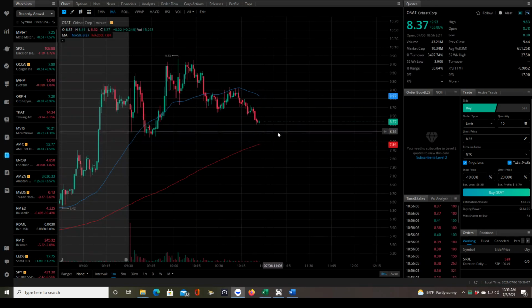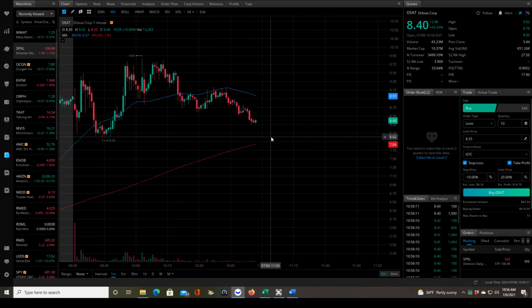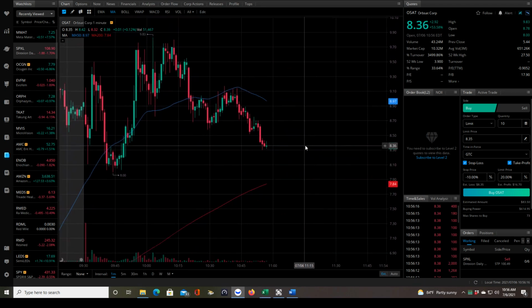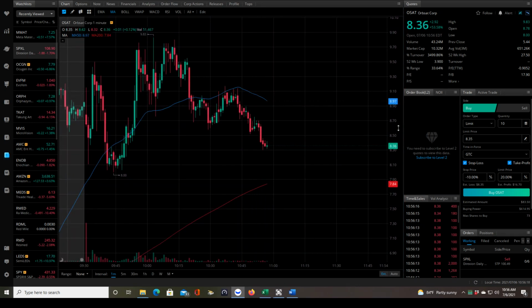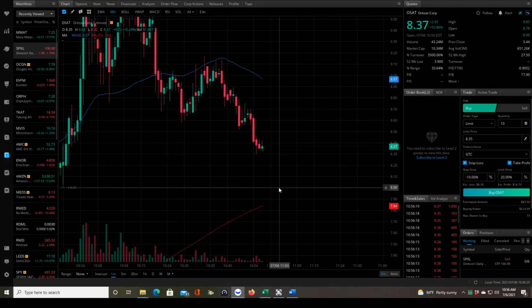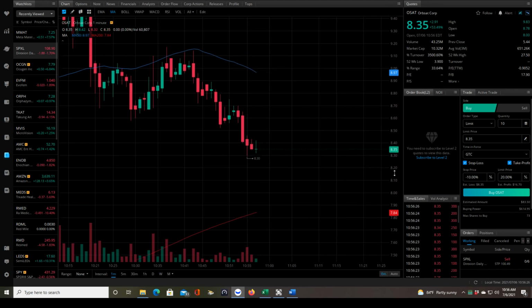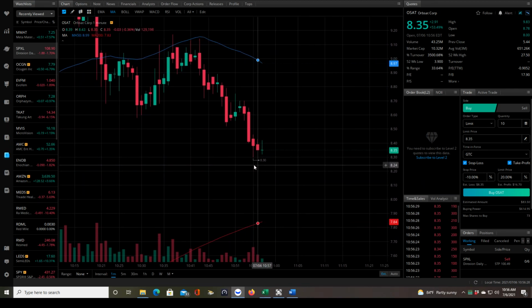So, okay, it looks like it's kind of dipping right now. Well, we're unlocked and we're ready to go. I'm just going to take a one share trade, just as soon as a 1 minute candle makes a new high. This is obviously trading against the trend. This is not really a good setup, but we'll use our stop loss and make sure that we minimize the risk. But this is really just about test trading this version of the platform and doing it live